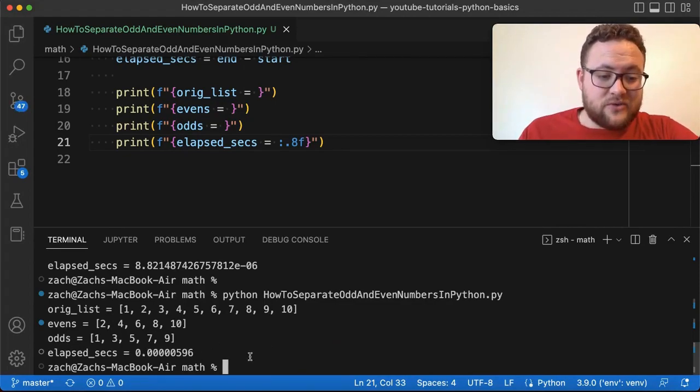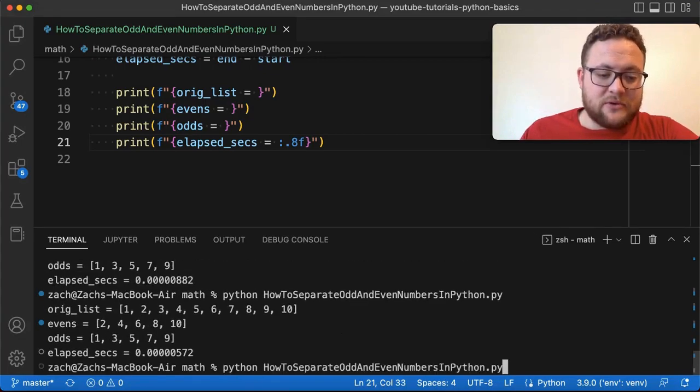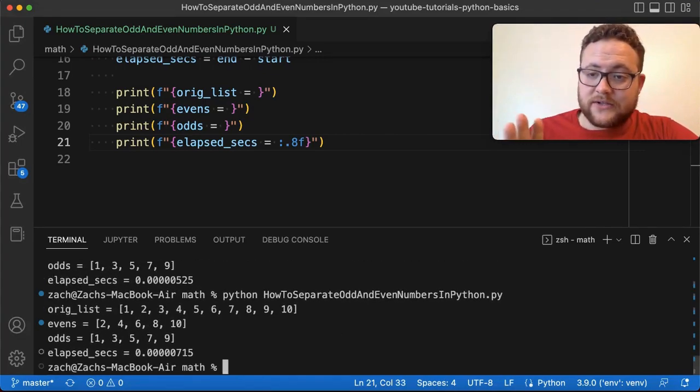And look at that, it's really tiny. It's like, that's really tiny. So it's pretty fast, right? And that's on just 10 values. And I can run again. This is going to vary each time you run it because your computer will have different things going on at